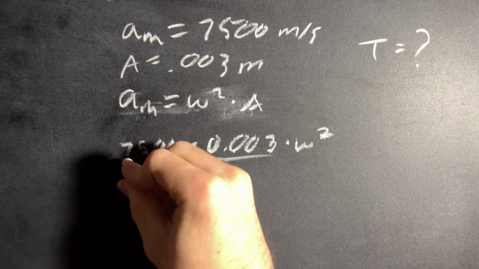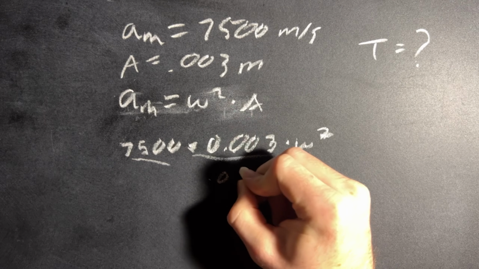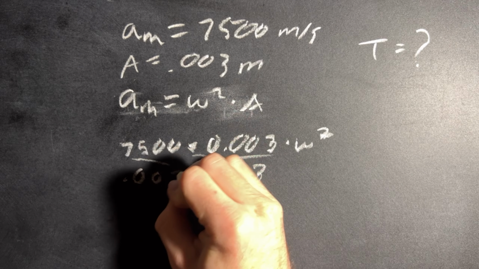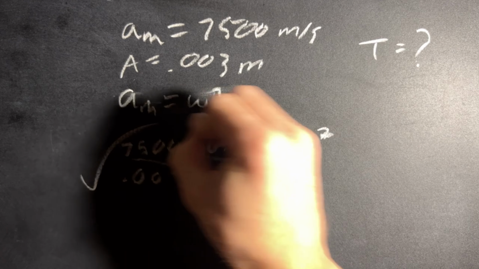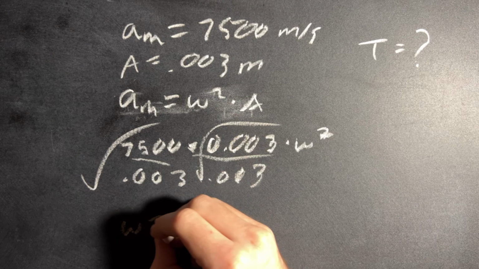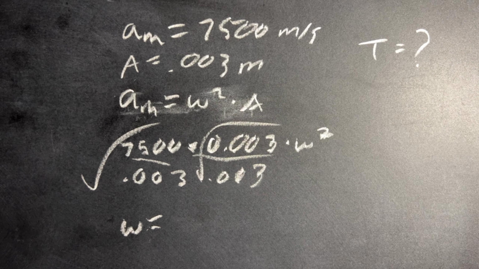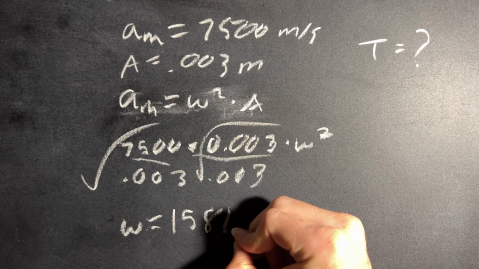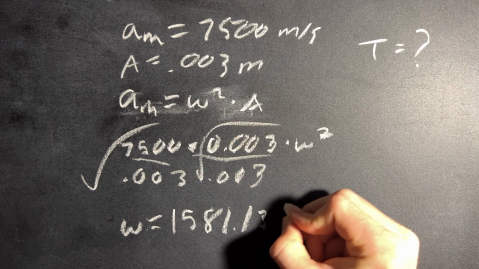So if we divide both sides by 0.003, and then we square root both sides, our angular frequency is going to be 1581.139